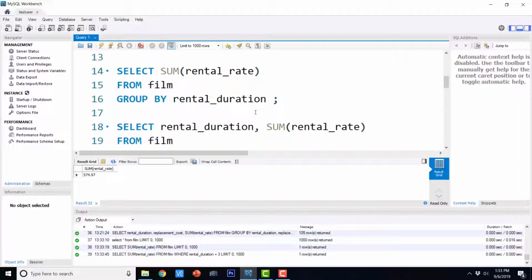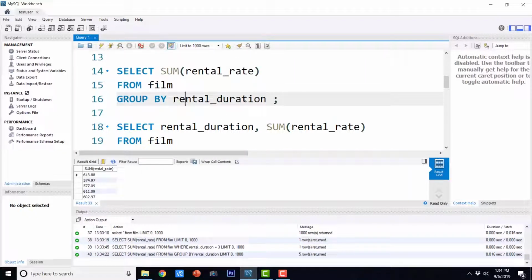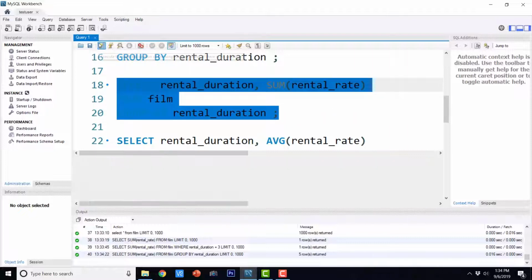And if I say select sum of rental rate from film group by rental duration, our entire data set will be divided into various groups according to the rental duration, and it is going to compute the summation of rental rates according to the criteria of rental duration. So for a distinct rental duration, we are going to have one group. Let's execute this and see the output. Okay, this data doesn't make much sense. That's why we need to include rental duration in the select statement. Now if I execute this, it will make sense for us.